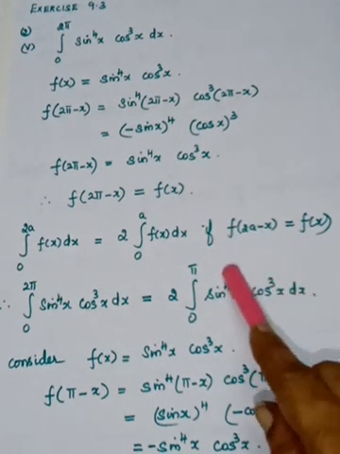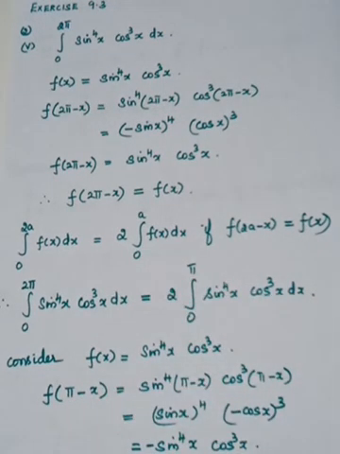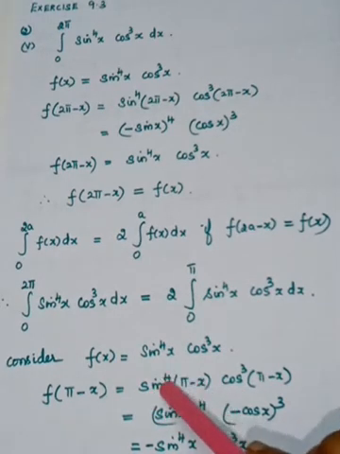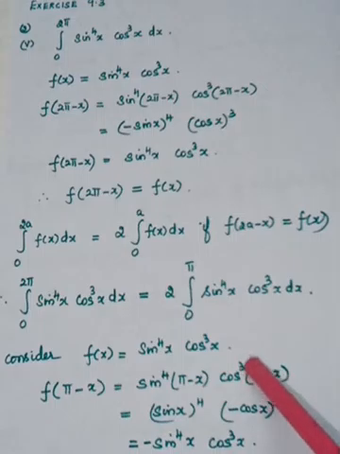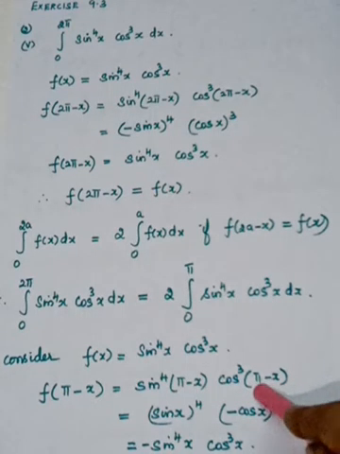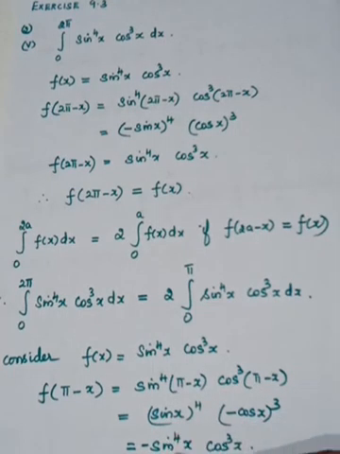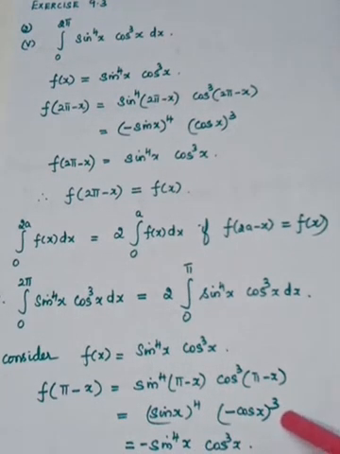So here also now you take your f of x and replace x by pi minus x. So what will you get? Sine of pi minus x the whole power 4, cos of pi minus x the whole cube. So pi is 180 degrees. It lies in the second quadrant. In the second quadrant, sine is positive. So it is sin x the whole power 4. But in the second quadrant, cos is negative. So minus cos x the whole cube. Sin x the whole power 4 is sin power 4x, and minus 1 the whole cube is minus, so minus cos cube x.